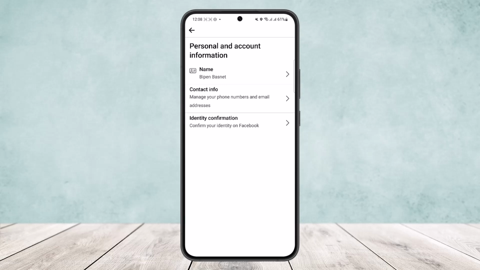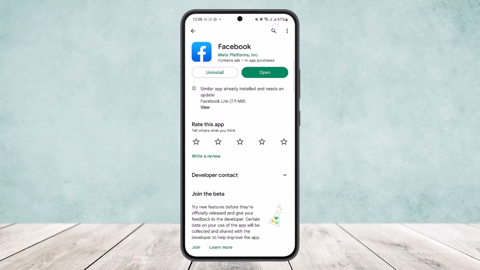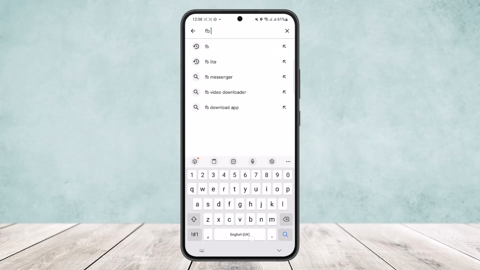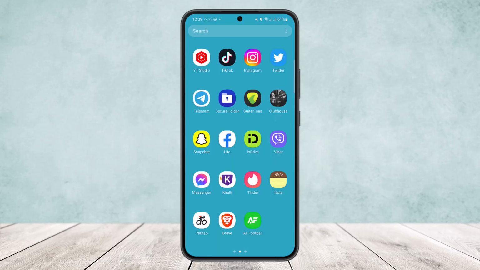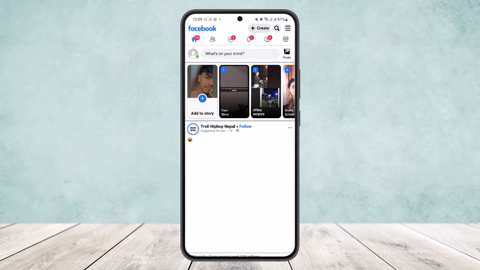However, if you don't have it, what you want to do is head into your Play Store and search for the app FB Lite. Simply search for Facebook Lite here and download the app and log into your account here. Now once you download and log in on Facebook Lite, what you want to do is open it up